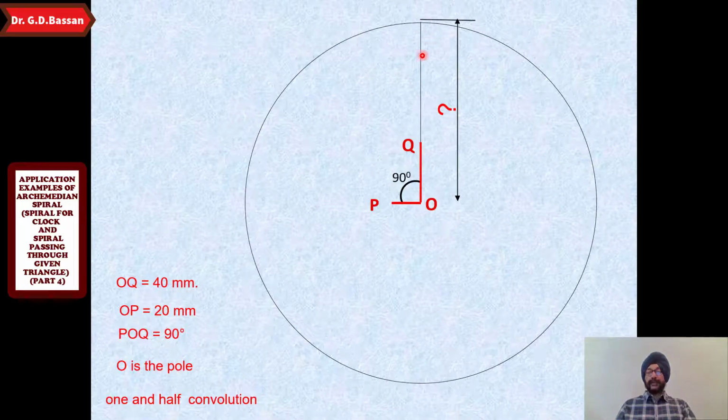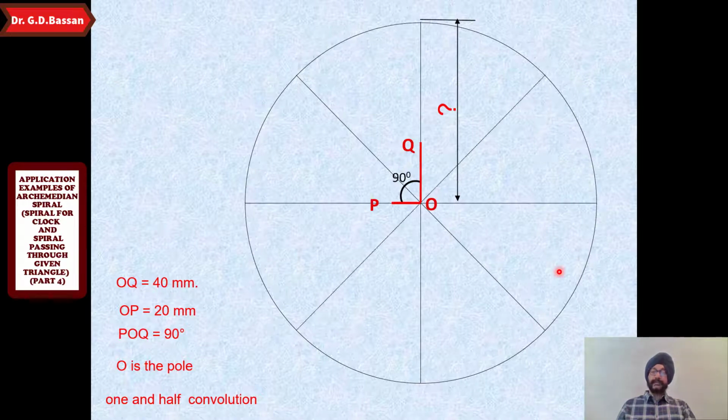So now after getting the final radius vector that is equal to 120 mm here, taking center at O, complete the circle. Now it is the same way in which we have to draw the Archimedes spiral. Divide the circle into a number of equal parts. Say we divide into 8 equal parts. Now tell me from where we are going to start giving the numbering.